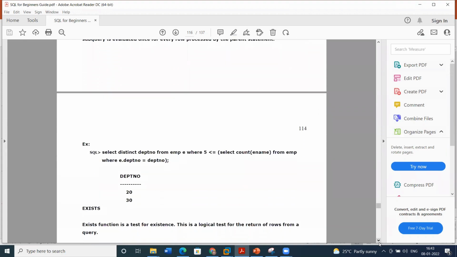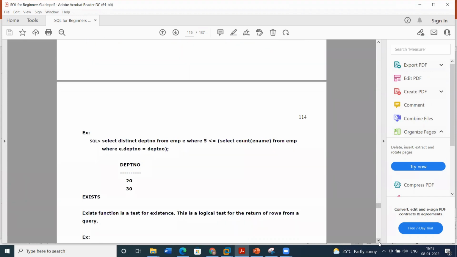Okay, so here you can see we want to get the details of department numbers that have employees working, more than 5 or equal to 5 employees. Here I am considering two tables and comparing them.